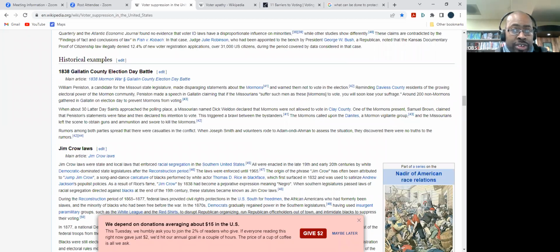This is the first recorded case of voter suppression, involving the Mormons, who eventually relocated to the state of Utah after moving from several places in the Great Plains states, like Missouri, for example. So this particular one happened in Missouri,